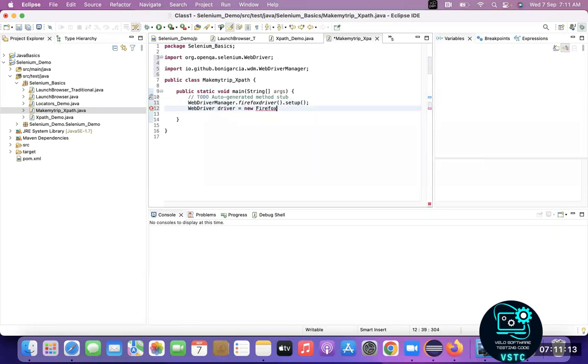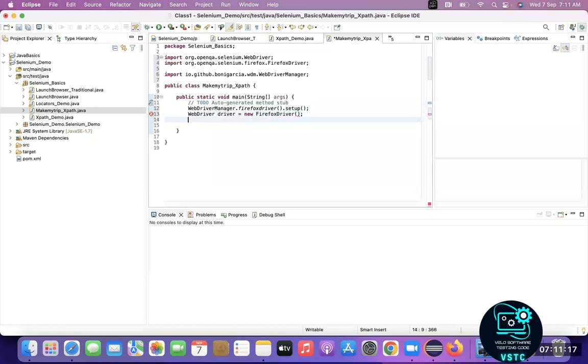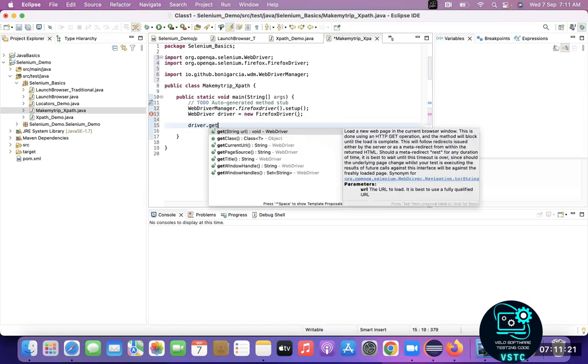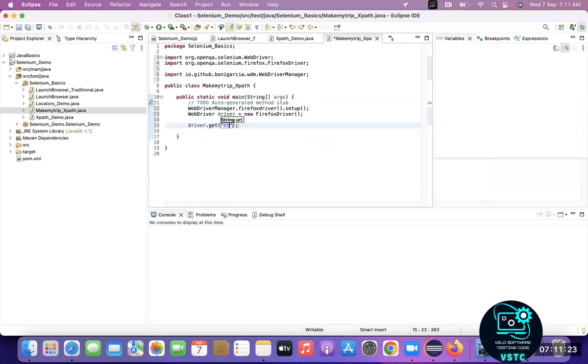Now you are familiar with this line, so I'm going fast here. Now driver.get, let me take https://www.makemytrip.com. Okay, once I get this page,